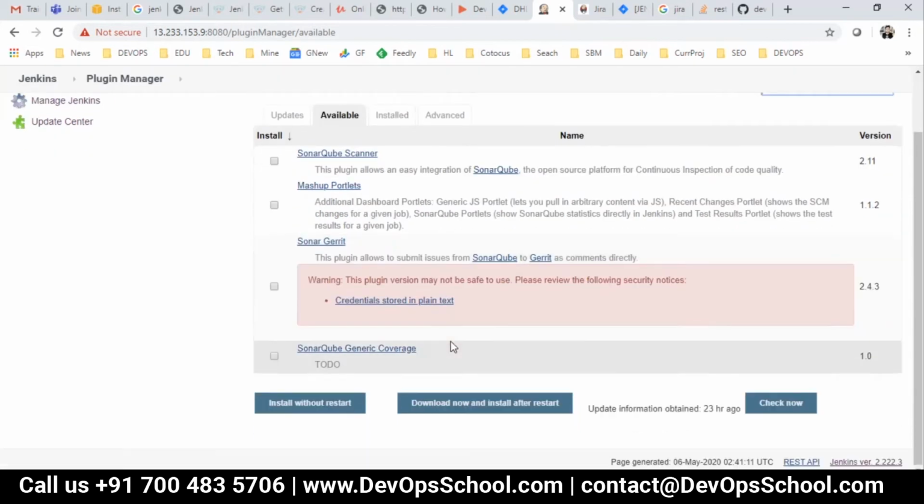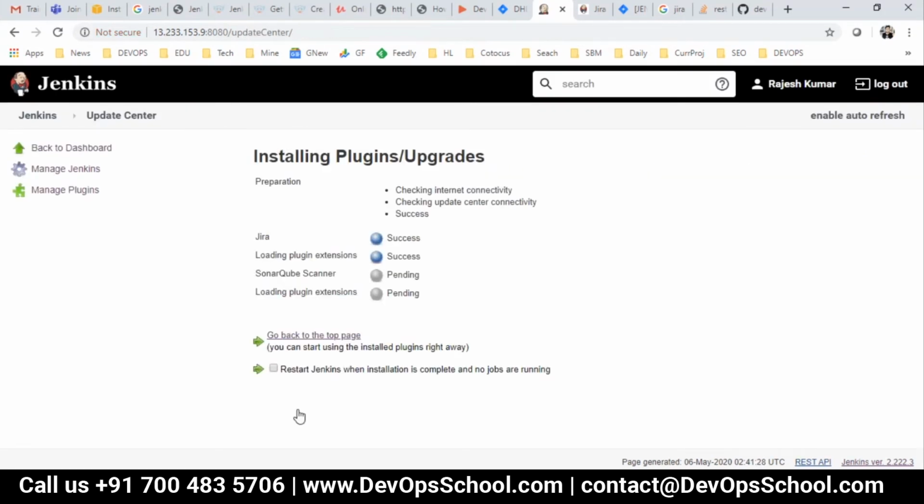Here it is. I think this will work. First one. SonarQube is being installed.